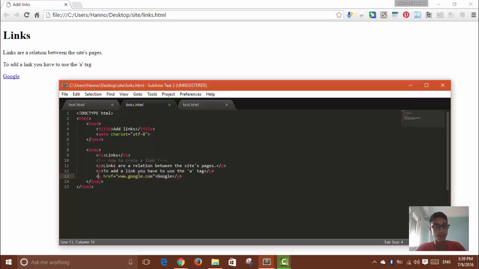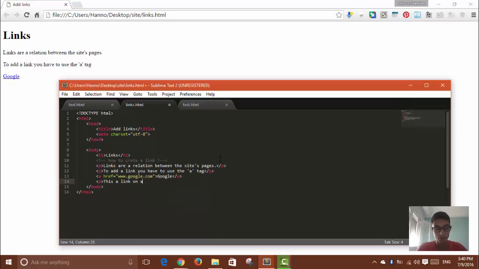So actually here you have to add the a, then the link, and then you have to close the tag, and between the opening and closing tags you write the text that will be visible. So guys, this is for the link, but now we are going to add some links to a P and an H title. For that, I'm going to create a P tag, which I'll write: this is